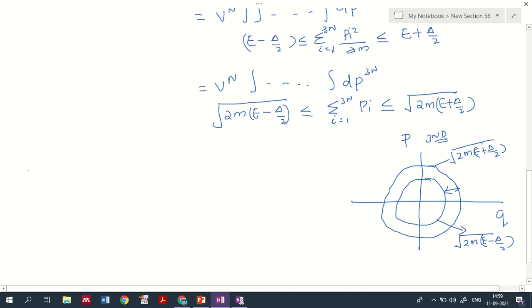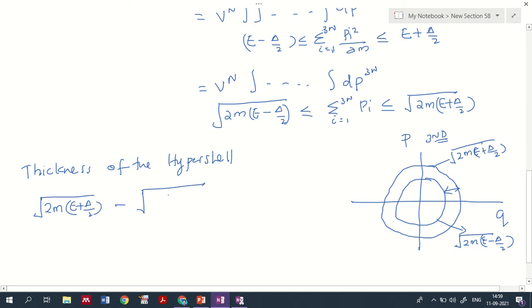In order to find the thickness of the hypershell, we have to take the difference between these two energy levels, that is root 2m (E plus delta by 2) minus root 2m (E minus delta by 2). So this is the corresponding representation we will be getting here,